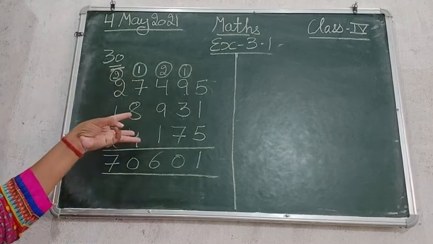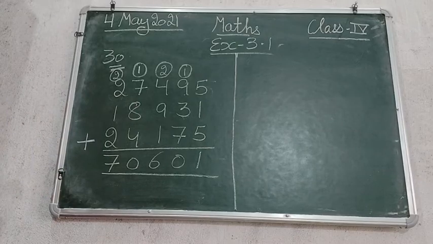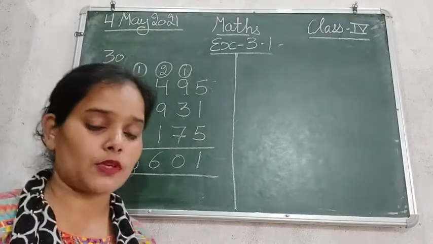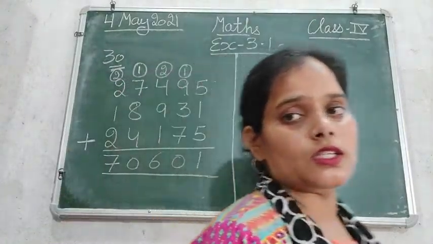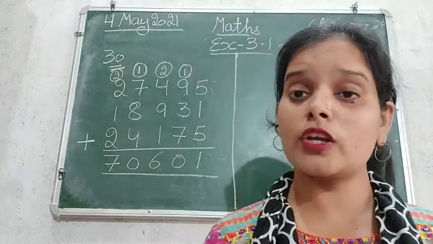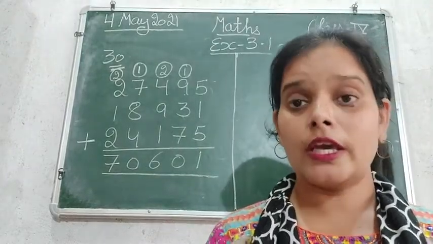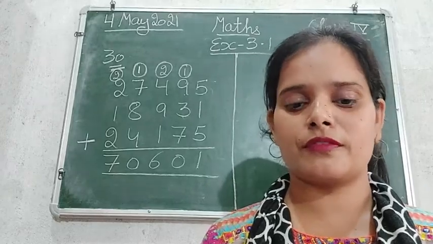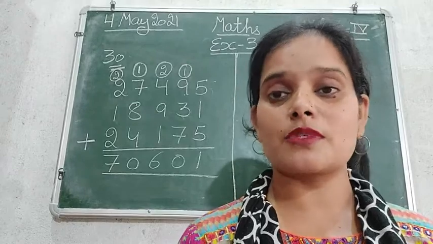तो यहाँ पे हमने 3 5-digit numbers को add किया, but the method, the procedure we followed is same. Okay, so this is how you are going to do all the sums of exercise 3.1. So this is your homework. Complete exercise from number 1 to 31 in your book, and do any 10 sums in your notebook.